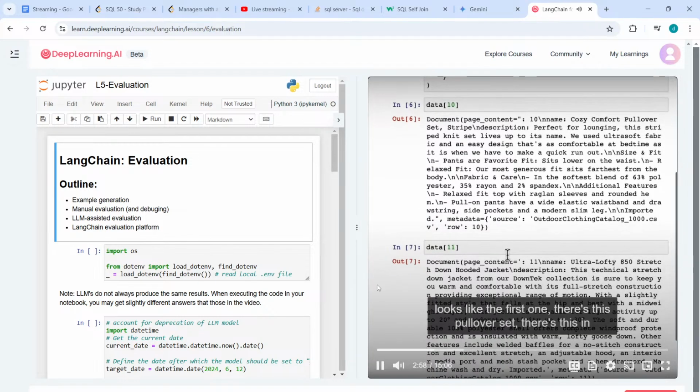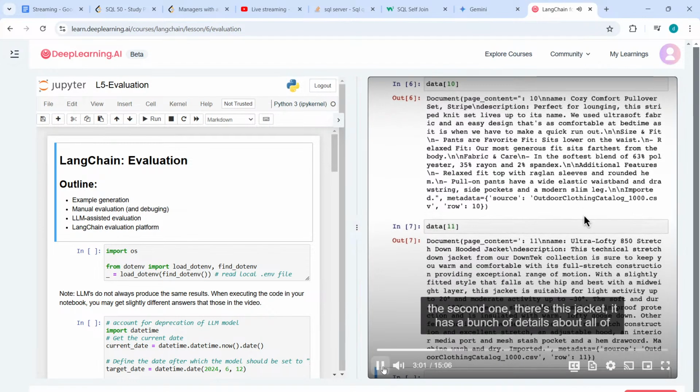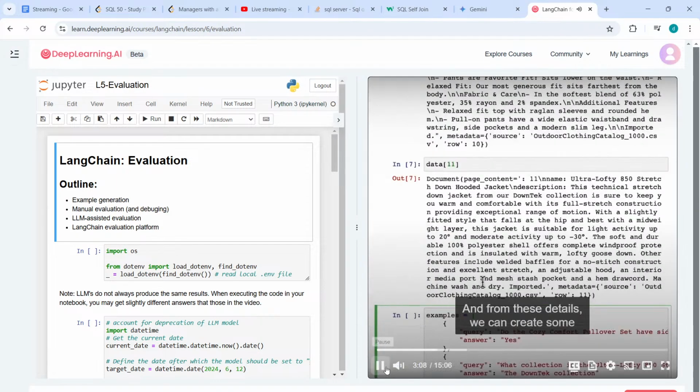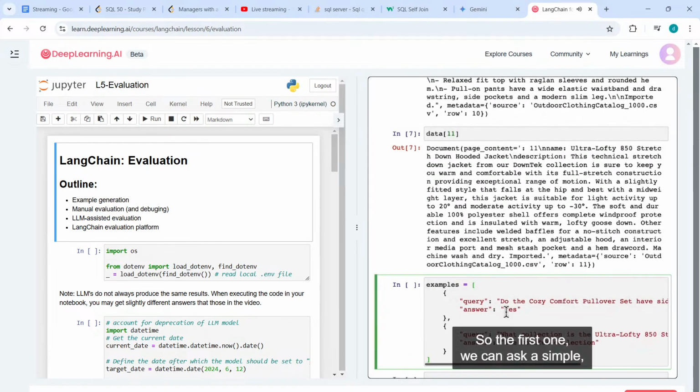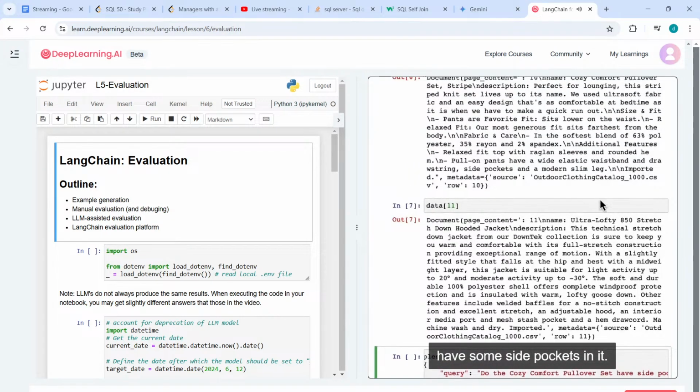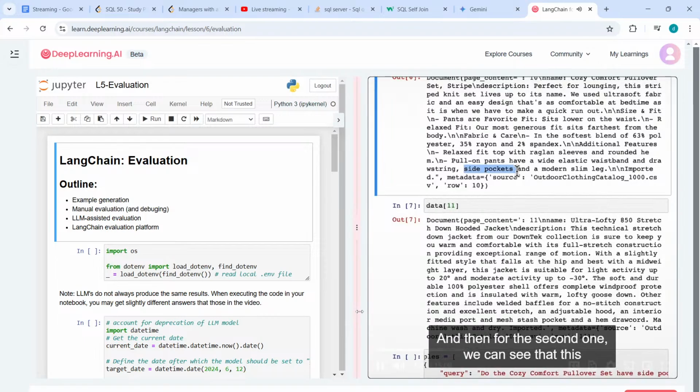In the first one, there's this pullover set, in the second one, there's this jacket, and it has a bunch of details about all of them. And from these details, we can create some example query and answer pairs. So for the first one, we can ask a simple question: does the Cozy Comfort pullover set have side pockets? And we can see by looking above that it does, in fact, have some side pockets in it. And then for the second one,